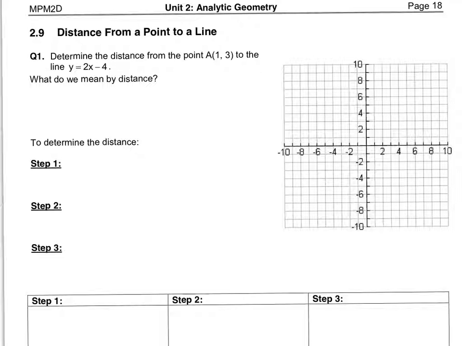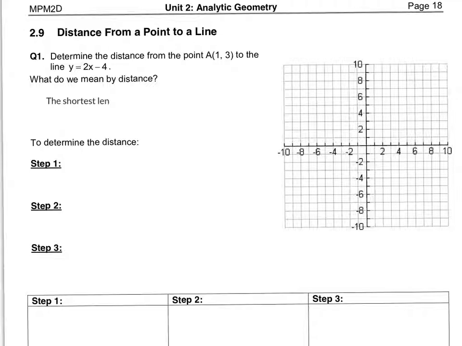Today we're learning how to calculate the distance that a point is to a line. Question 1, we're determining the distance from the point A, which is at (1, 3), to the line y = 2x - 4. But first of all, we need to know what we mean by distance. By distance, we mean that we are trying to find the shortest